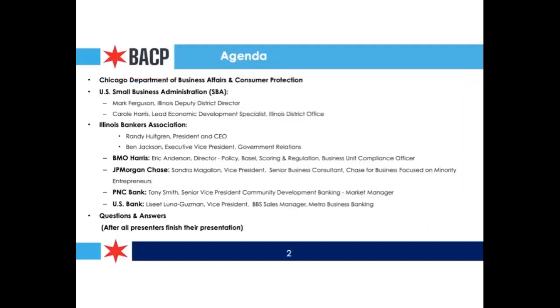So today's agenda, again, my name is Isaac Reichman. I'm the Director of Public Information for Business Affairs and Consumer Protection, BACP. We are the licensing and regulatory wing of the City of Chicago government for businesses. We do all things related to licensing and regulation for businesses. Part of what we do is a number of different workshops and webinars on a number of different topics, from COVID-19 regulations to how to start your business to today's how to get funding for your business through the Paycheck Protection Program.